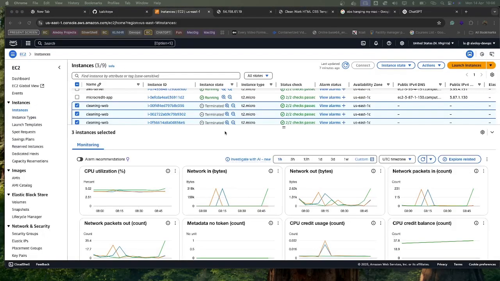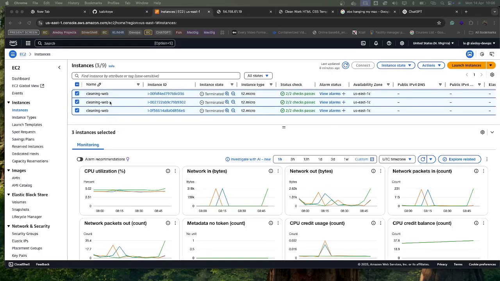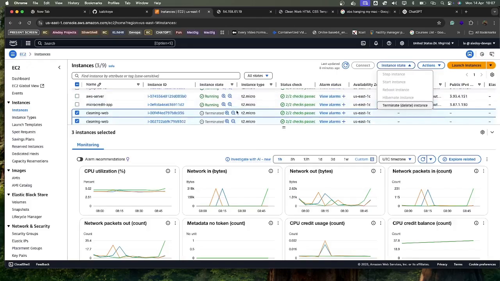Alright, one of the things that you should quickly learn to do is, when you have resources that you're not using, you should terminate them. So for instance, the instances I just created, I have terminated them. I just selected all of them, clicked on instance state, and clicked on terminate instance. So I'll do that right